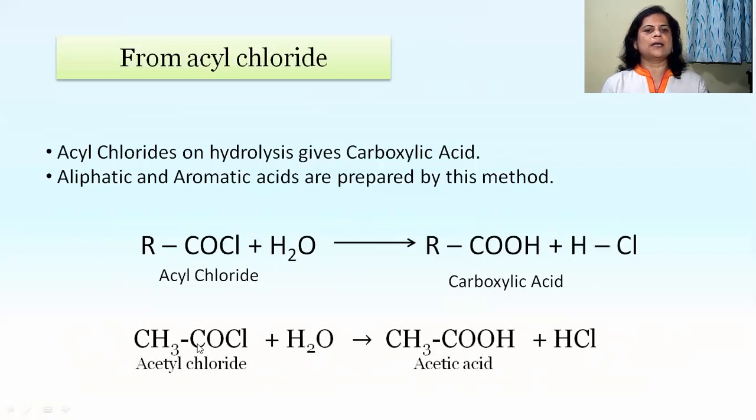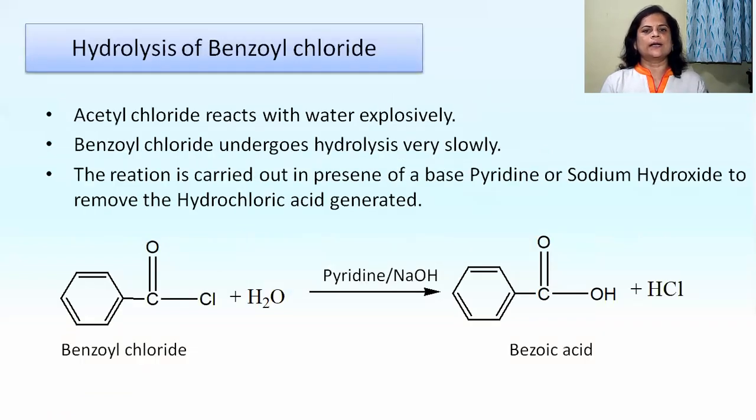I take an example: acetyl chloride CH3COCl plus H2O gives CH3C double bond OH, acetic acid. A very simple reaction. Now see, from the H2O, one H is removed along with the Cl from the acetyl chloride. Removal of HCl takes place. Already we have the structure CH3C double bond O in the acetyl chloride. Only the OH group from H2O is introduced here. So this is for the acyl chloride and aliphatic acid.